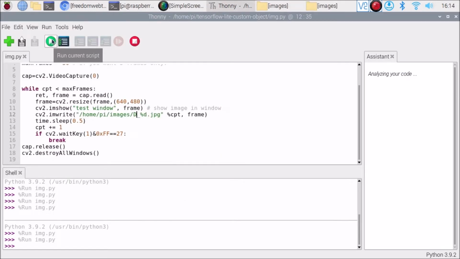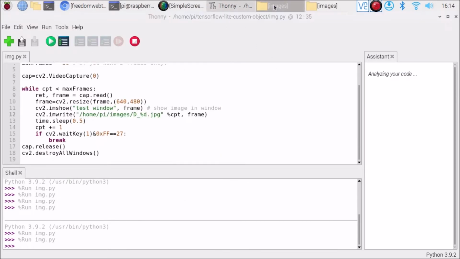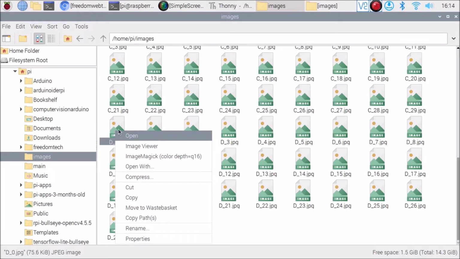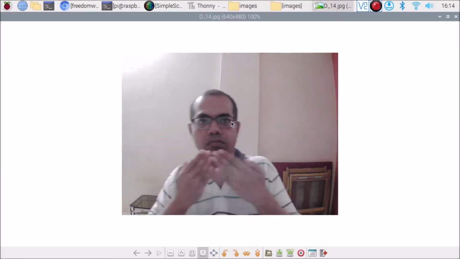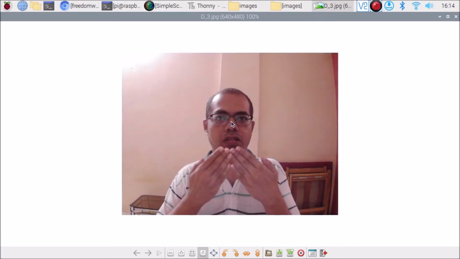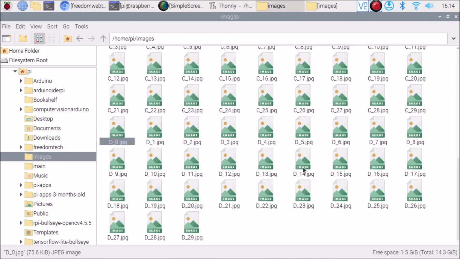Friends, we have captured our last sign data. So this one is basically for thank you. So D, and as you can see, we have our last data images, the thank you. Okay, so this is how we need to create data with our USB webcam.